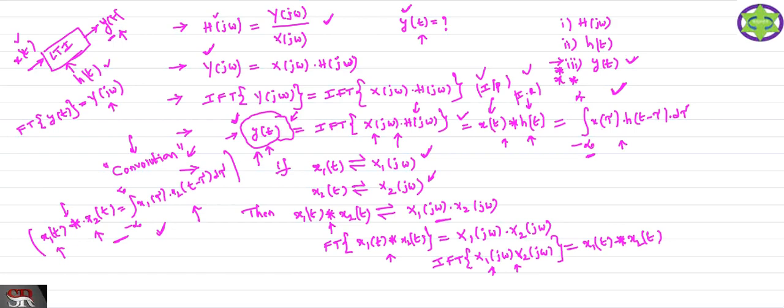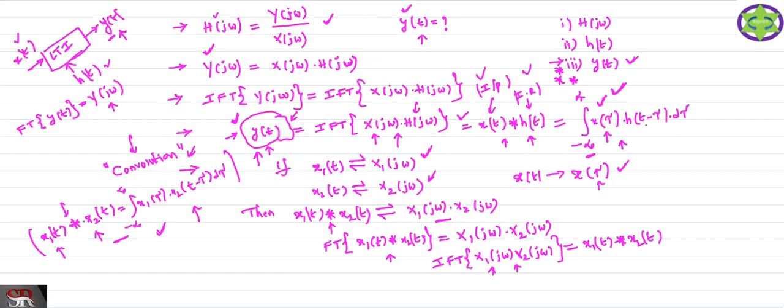How can we perform this integration? Later, in the next class, we'll see how to perform the convolution. But as of now you should remember this formula. Here x of t is given to you, h of t is also given to you. You just perform this integral operation from minus infinity to plus infinity. Here we are using x of tau, which means you are replacing t by a dummy variable tau. So x of t becomes x of tau.